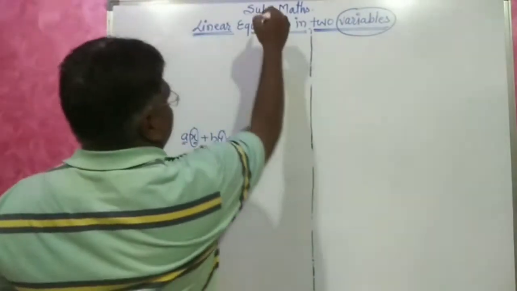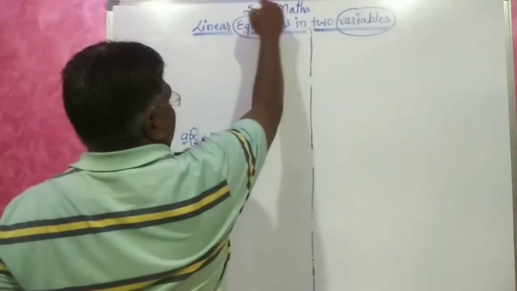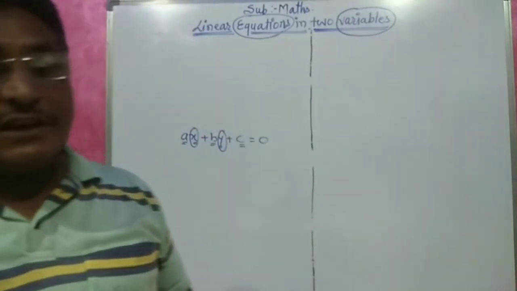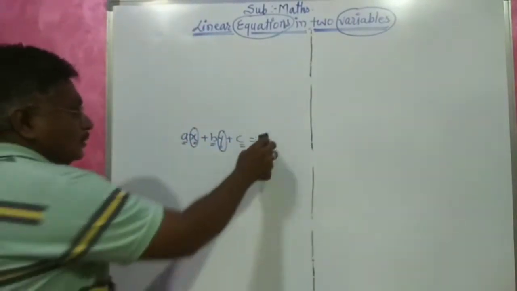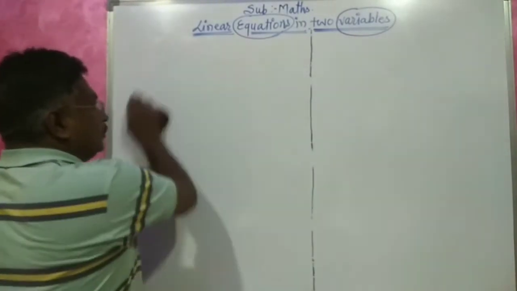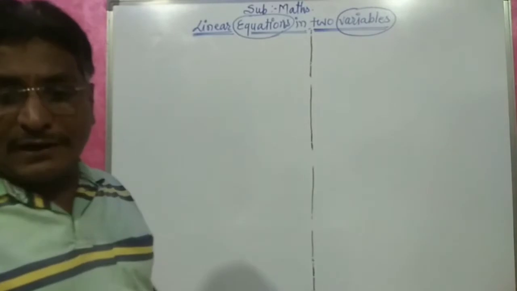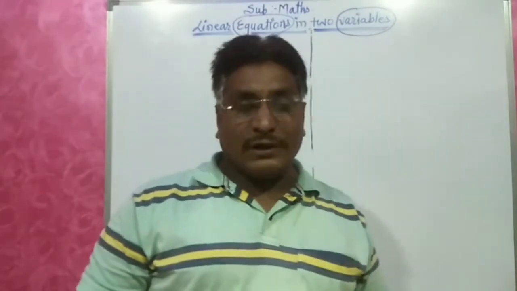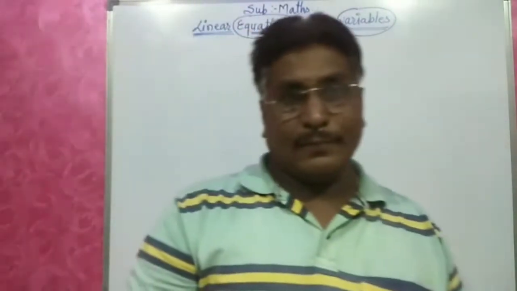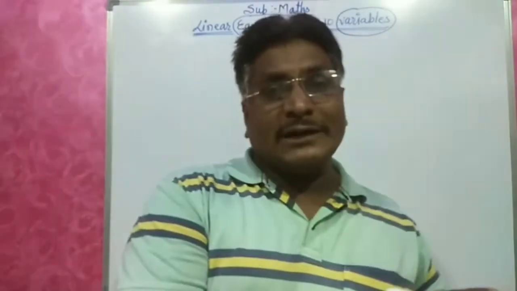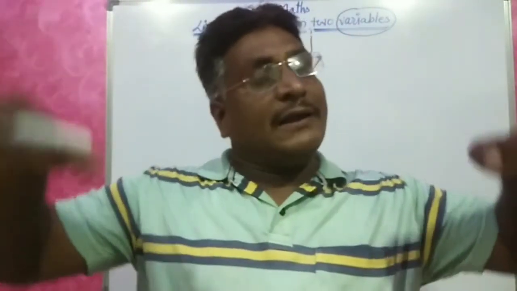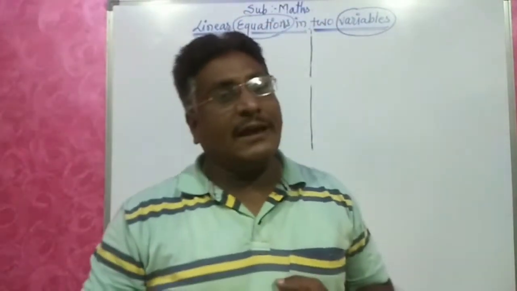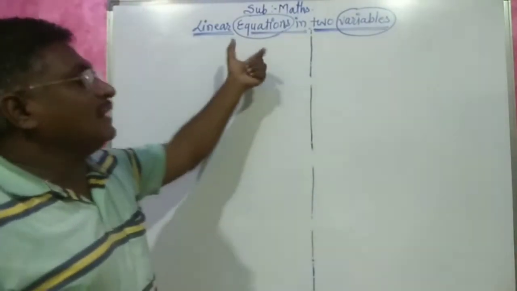Now what is the meaning of equation? In the word equation, a meaning is there. Equation means equal summation. So what is the meaning of equal summation? Whenever we are doing any operation, addition, subtraction, in that we are writing the equal to sign. Means we are showing left hand side and right hand side both are equal. So when we are showing left hand side and right hand side equal with the help of the equal to sign, that is called the equation.